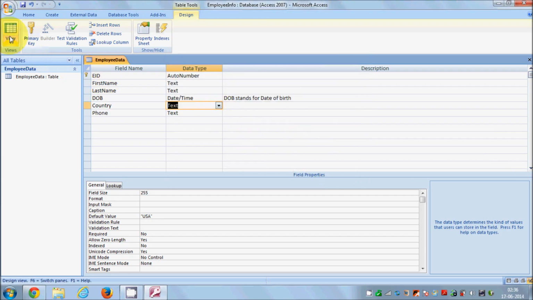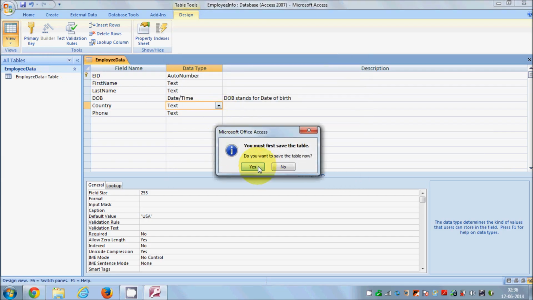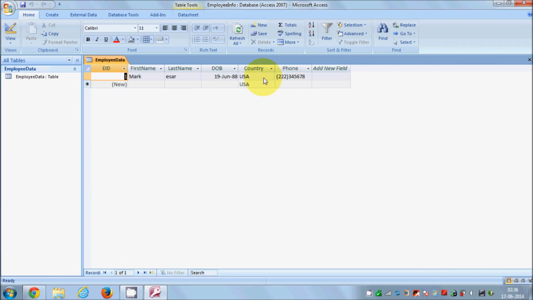So now when you go to view here, just save it, and when you want to add this country, you will have this combo box, and you can see you have the list and you can choose the values from the list. Okay, so for example, I choose China and I save the data,